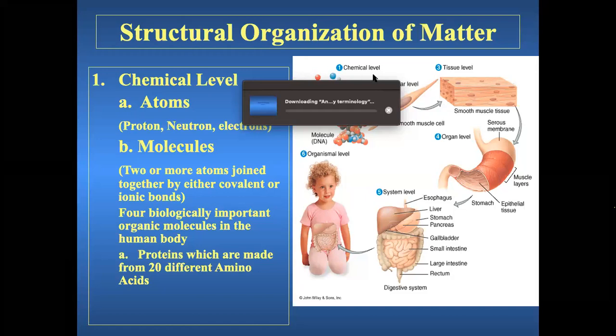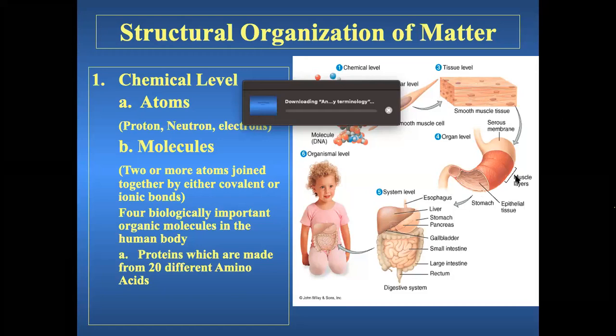So this is the next level. You see the first level, which is the chemical level. Next is the cellular level. Cells join together to form the tissue level. You can take any other cells. For example, instead of a smooth muscle cell, you take a connective tissue cell. Connective tissue cells can be of various types. Or else you take epithelial tissue.